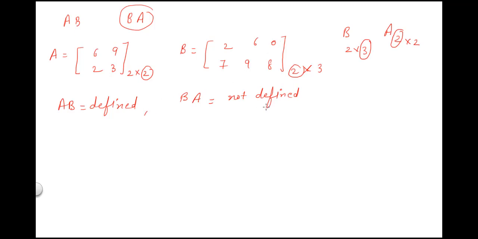To understand this property that AB is not always equal to BA, that means matrix multiplication is not commutative for all the matrices, you can try example number 13 of NCERT. Clear? There is one more property, that if we multiply two matrices and we get the answer as a zero matrix, it is not necessary that matrix A is a zero matrix or matrix B is a zero matrix. Even if A and B are both not zero matrices, then also we can get the product as a zero matrix. So let us have a look at one of the examples.